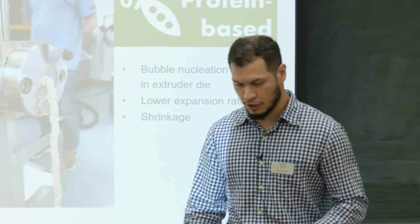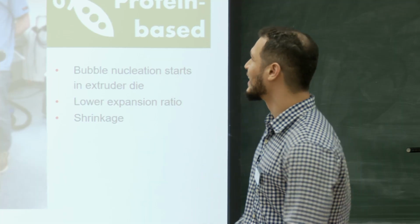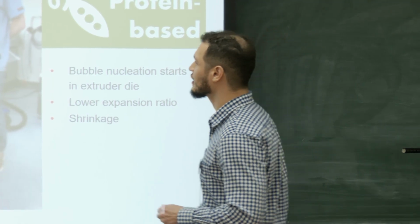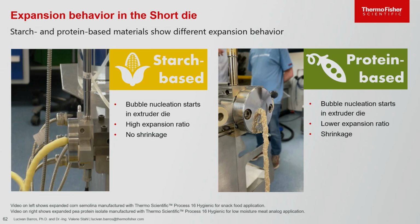And since we talk about starch, there are some differences. The difference between the expansion behavior for starch-based and protein-based. There are some differences, but there are some similarities as well. For example, the bubble nucleation starts in the extruder die, both. We have a higher expansion ratio for this one, lower expansion ratio for this one, and here we have shrinkage